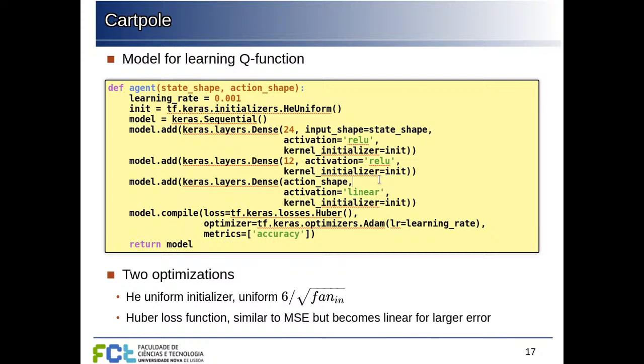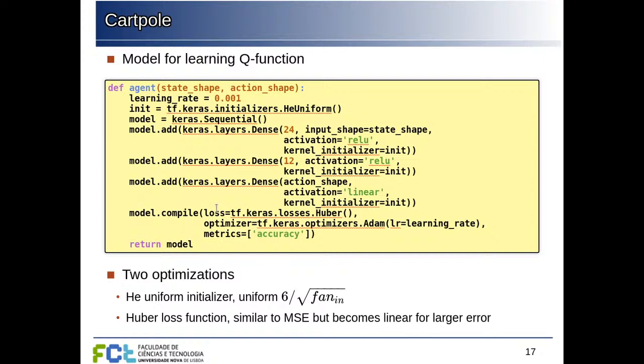So we have these two neurons that will try to output the expected return of doing that particular action in the state that we receive as input. Now, there are a few adjustments here. We could use the mean squared error function, but in this tutorial, they found that the Huber loss function is better. Huber is similar to mean squared error, but instead of increasing quadratically when we have a large error, it increases linearly. So it doesn't respond so strongly to large outliers,